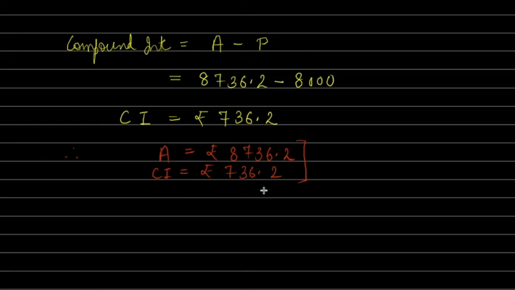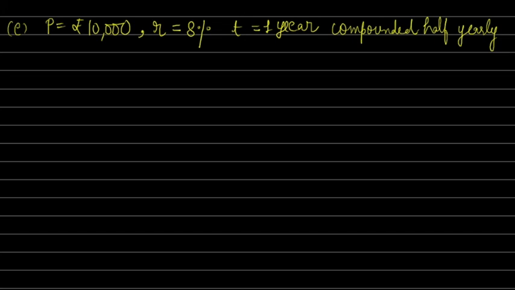Now let's see the last part of this question. But also, if you see carefully, the interest is compounded half yearly. It means we will make a change in time and we will make changes in the rate. The rate, which is 8% per annum, will be halved now. So which becomes 4%. And how many half years in 1 year? 2 half years. Right? Now again we will do it in the same manner. Let's calculate the amount first.